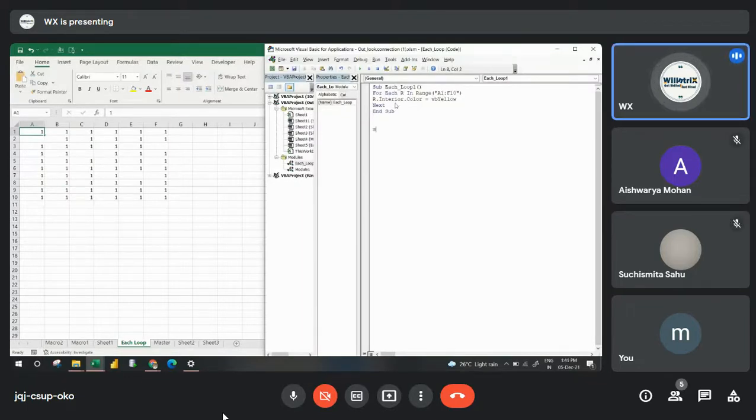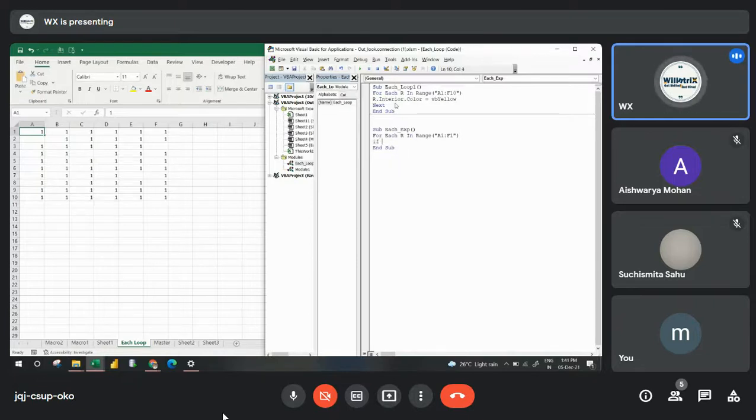But when you're following this method, the for each loop, for example: For Each R In Range, the range is A1 to F10.